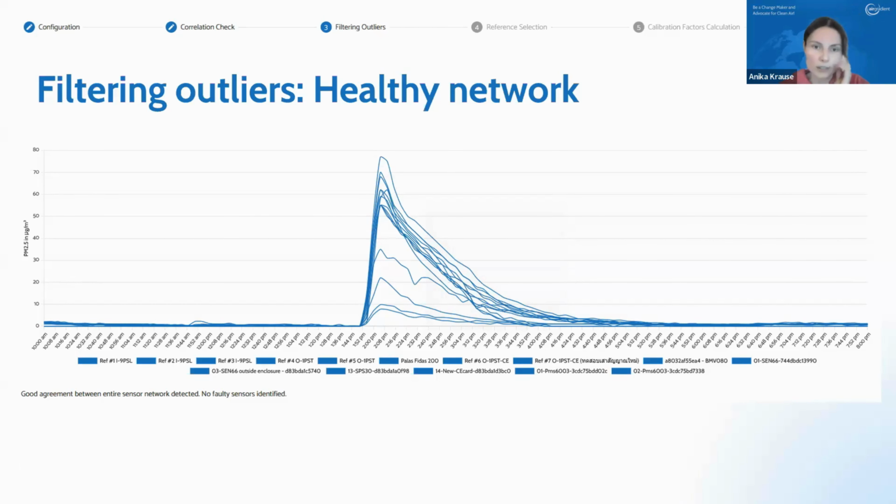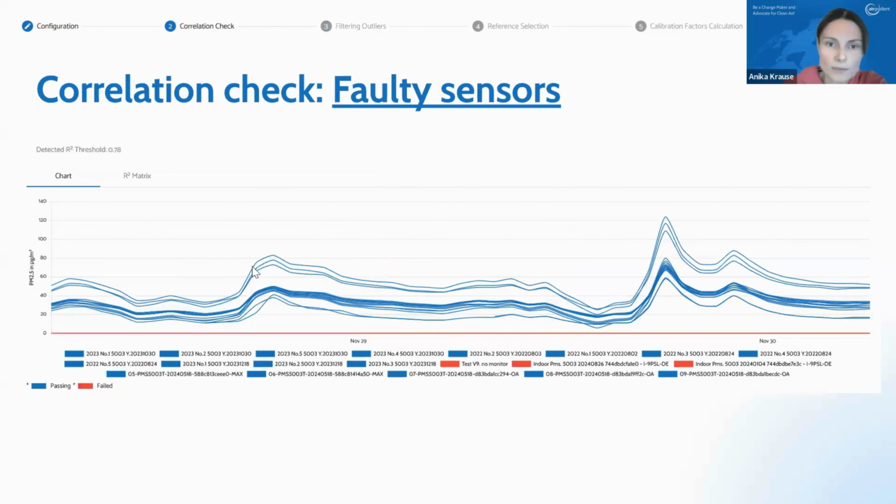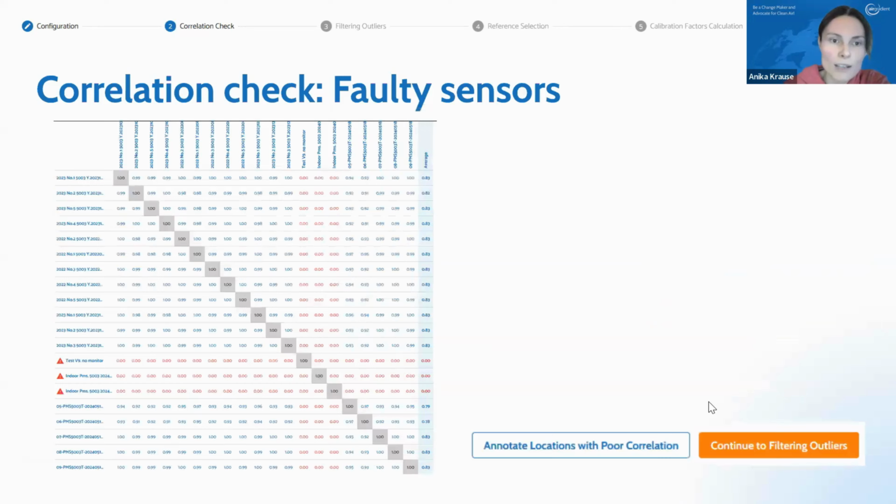For this, I looked up a different data set where we have some sensors that are co-located, but also some that only measure zero values. So I actually don't know if they're co-located or if something is wrong with them, but the system automatically picks them up and marks them as failed because they don't follow the trends that all other sensors follow. You see that also in the matrix. Here, okay, they would be marked and you would see, okay, they have much lower R² values.